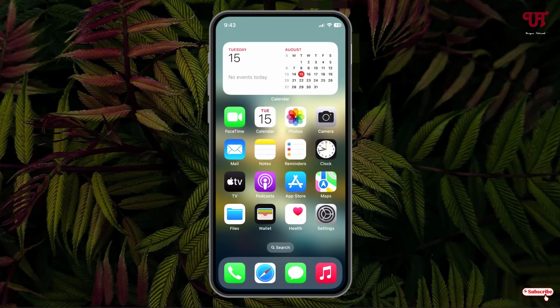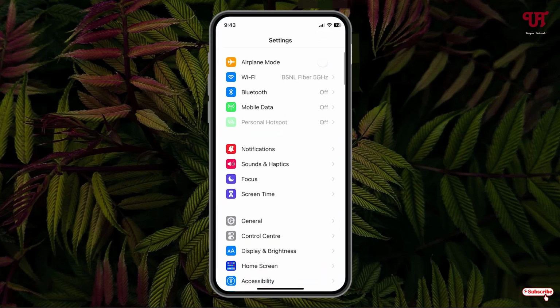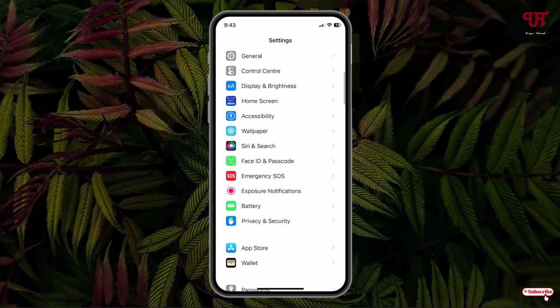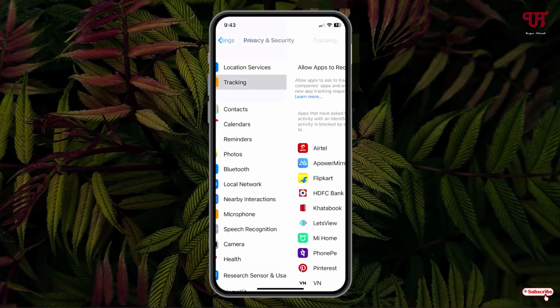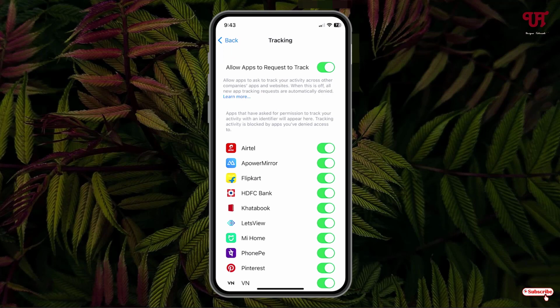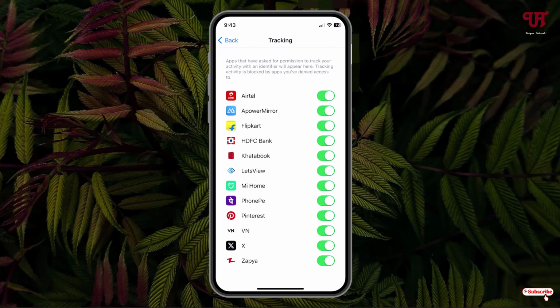So firstly what you need to do is just open the settings, and in the settings just scroll down below, and now you will see here one option written privacy and security. Just tap on it. Now you will see here the second option, tracking. Just tap on it. Now you will see all the applications that are being tracking on your respective iPhone or